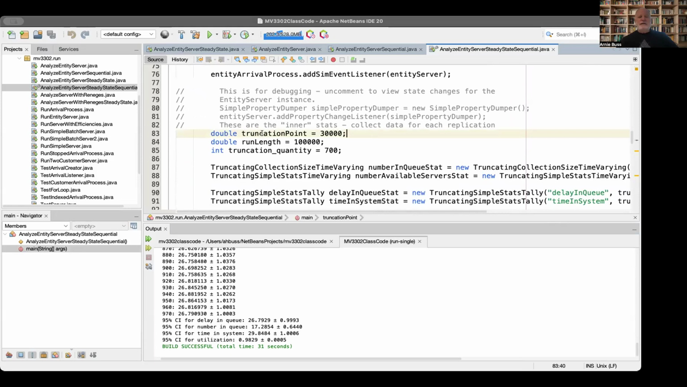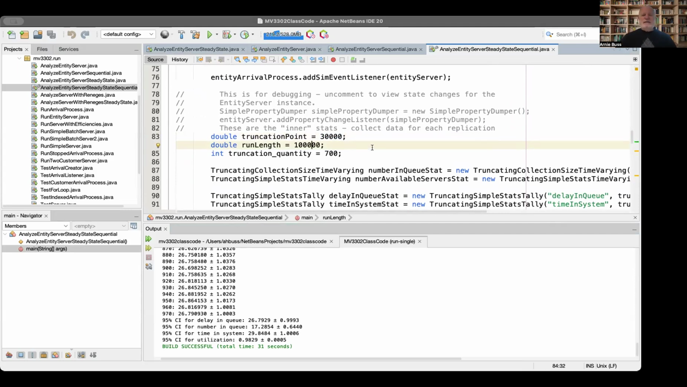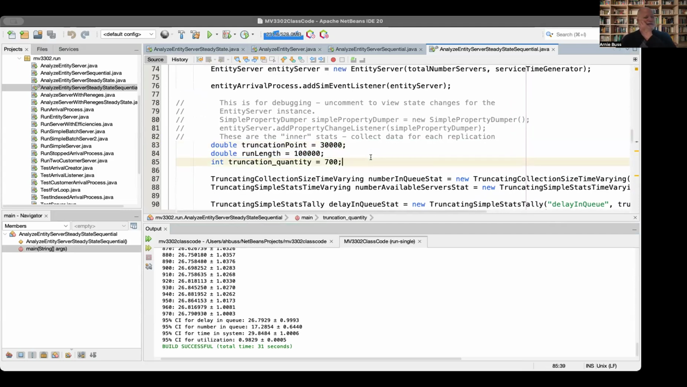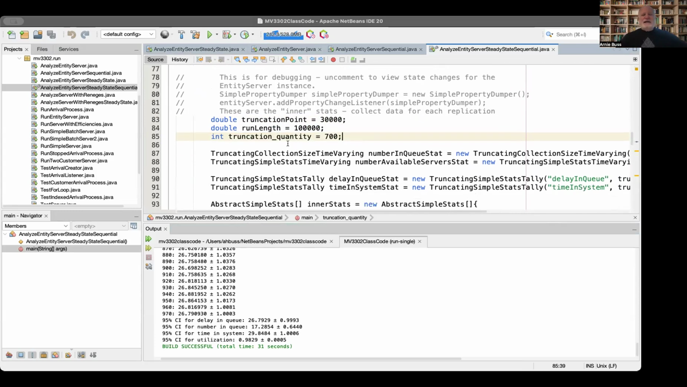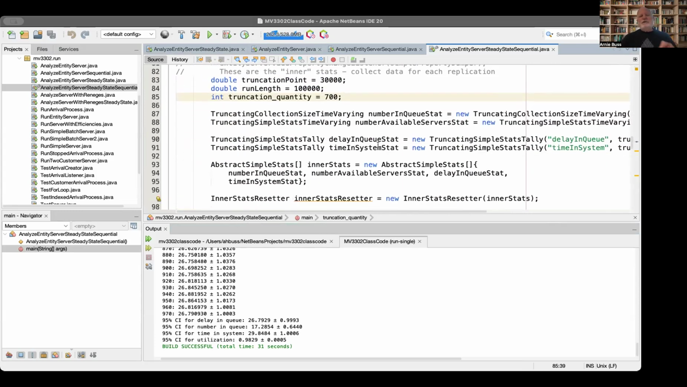And here, I have the same values as the other day. Truncation point of 30,000, and I'm going to run it after that for 100,000 time units. And then just for the tally stats, I just chose a truncation quantity of 700. I could have been a little more precise with that,